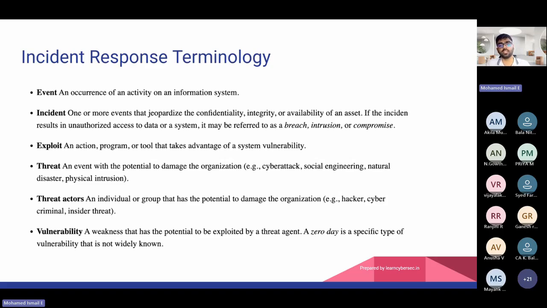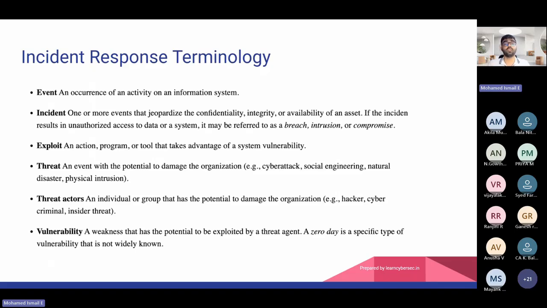Let's start with incident response. As I said, incident response is related to cybersecurity incidents. Within incident response, there are terminologies we should be aware of. Let's start with another story. There is a company called Mango Private Limited. That company is processing customers' data through a SQL database. The SQL database is collecting the customer information through their website. A customer comes to their web page through an application or a website and fills in the form, and that form data is stored in the SQL database. Now there is an incident that happened.